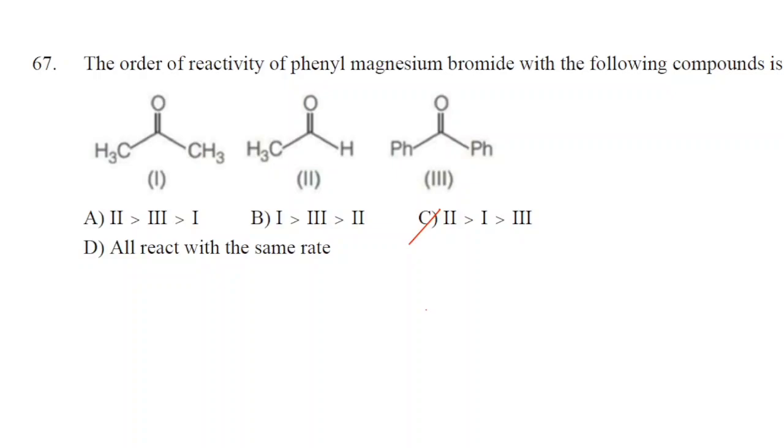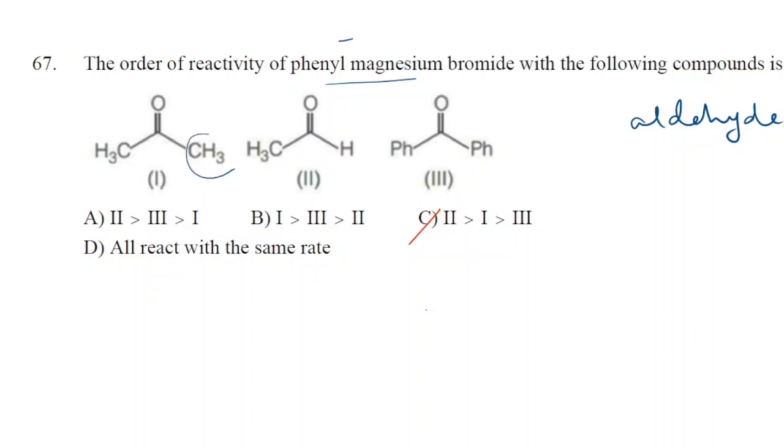Phenyl magnesium bromide reactivity, in the sense it is definitely a nucleophilic addition reaction, because phenyl magnesium bromide readily decomposes to give phenyl anion and magnesium bromide cation. So in the carbonyl compounds, if we consider, aldehydes are more reactive towards nucleophilic addition reactions, because if we consider acetone and acetaldehyde,